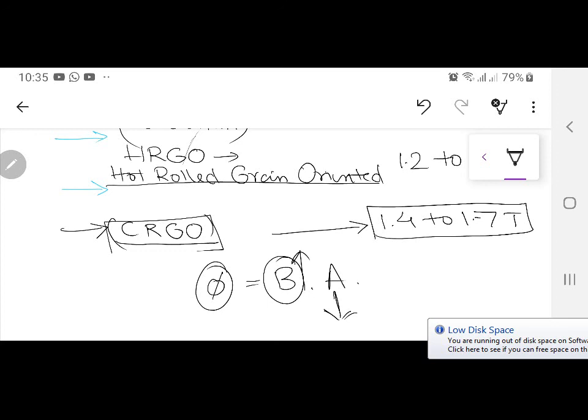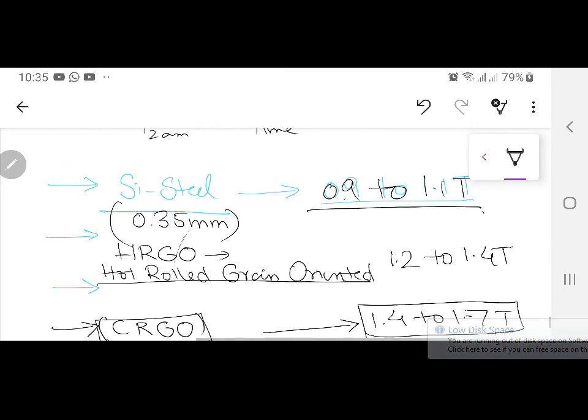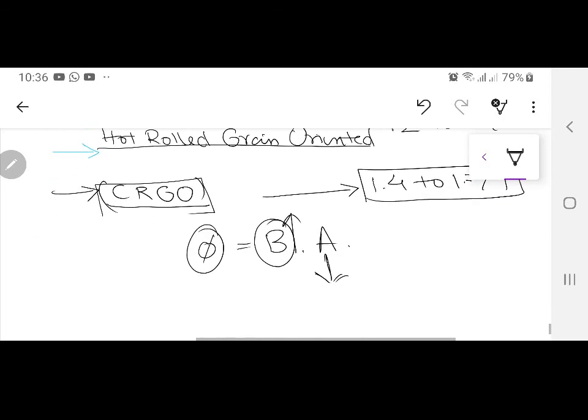और जितना आप मटीरियल कम यूज करोगे उतने कोर लॉसेस कम होंगे. So जितना कम मटीरियल है, it can achieve higher flux density, you can have better machine with better efficiency available to you. ठीक है. So these are 3 materials over here which I have stock: cold rolled grain oriented, hot rolled grain oriented, HRGO or silicon steel.